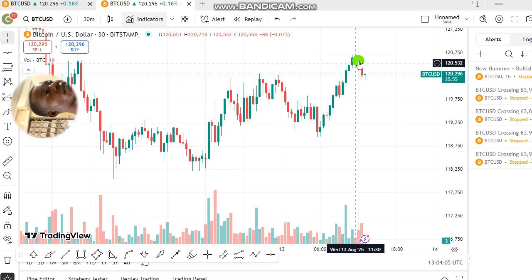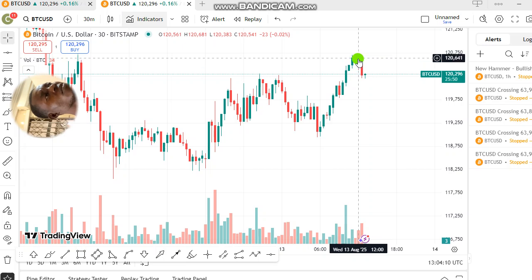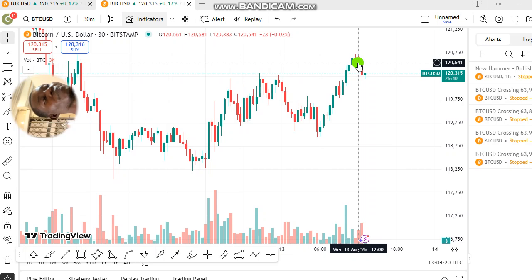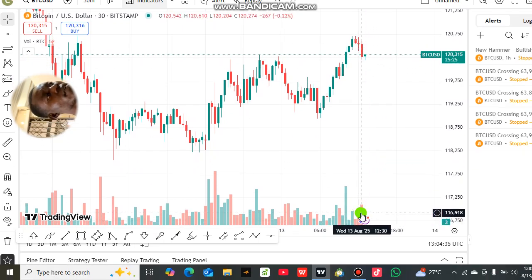Now the next one also came. Look at the middle red candlestick, which is very small. It has a very small body, and we all know that when a candlestick has a very small body, it means the people trading at that particular time are very few. But even though it has a very small body, when you check the volume, there is a spike, so you realize that this particular volume